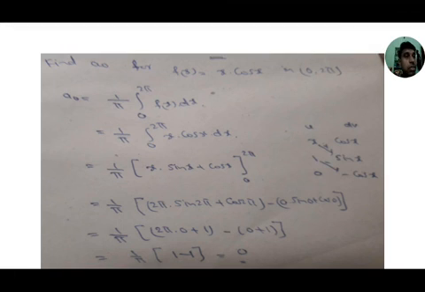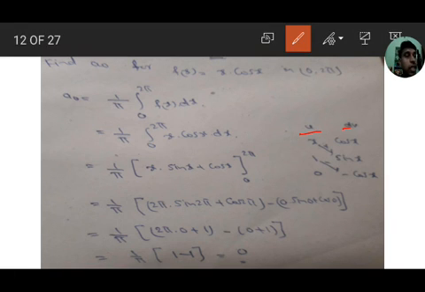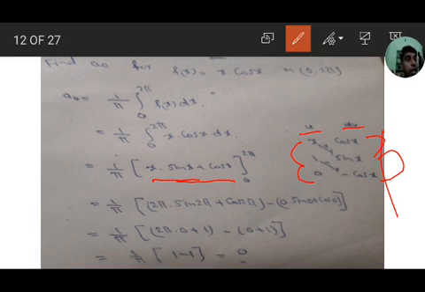u equal to x and dv equal to cos x. The derivative of x is 1, and the derivative of 1 is 0. The integration of cos x is sin x, and its integration is minus cos x. Then u into v minus u dash v1; the next term is 0, so it won't come. So u into v means x into sin x, minus u dash v1, minus of minus becomes plus, cos x will come. That is the integration value: x into sin x plus cos x, limits 0 to 2 pi.